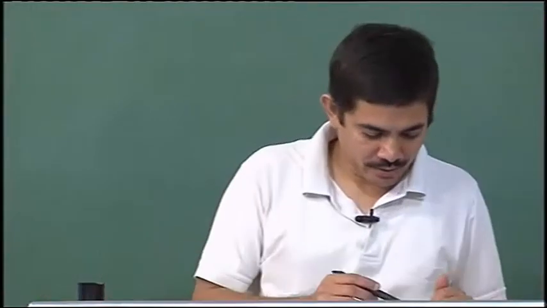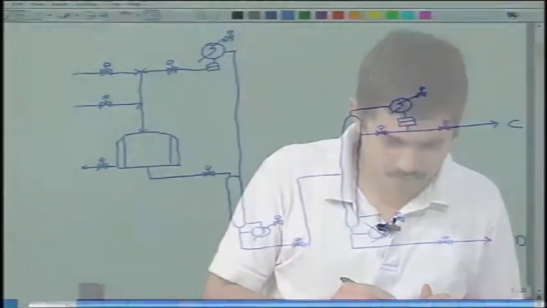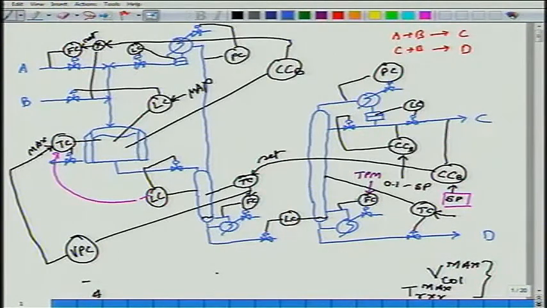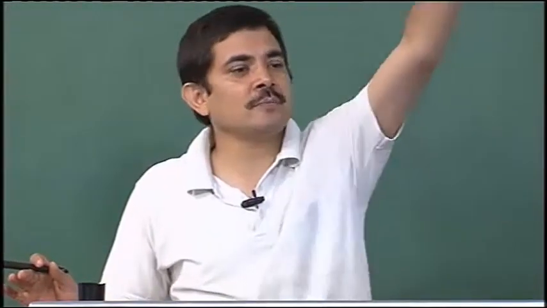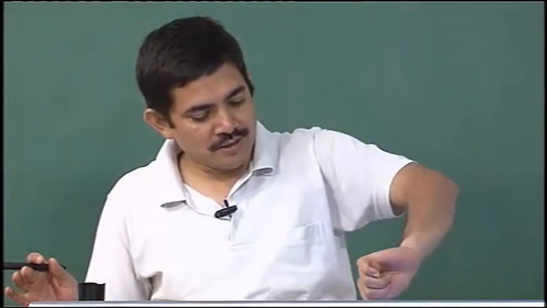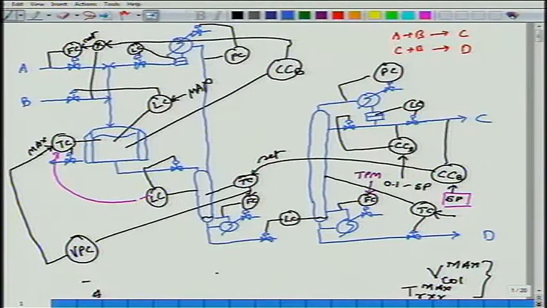Okay. You could also have a situation, now we'll change the set point. How do we change the set point? I'll tell you. You could also have a situation where the throughput manipulator is not in my hands. Right now I said, well, this is the last constraint to become active, I will have the throughput manipulator here. You could have a situation that this is merely a plant in a big refinery complex or a petrochemical complex, and how much is to be processed is being set by some upstream process. It is like what is to be processed by a distillation column is set by the reactor, right.